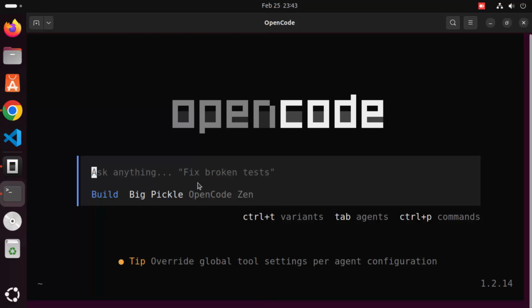It looks slightly different to the OpenCode desktop tool, but using this OpenCode TUI or Terminal User Interface is also